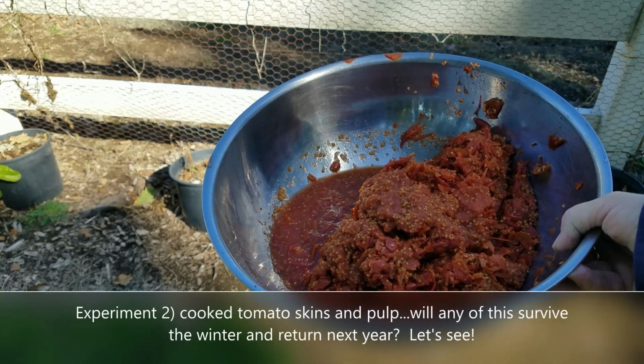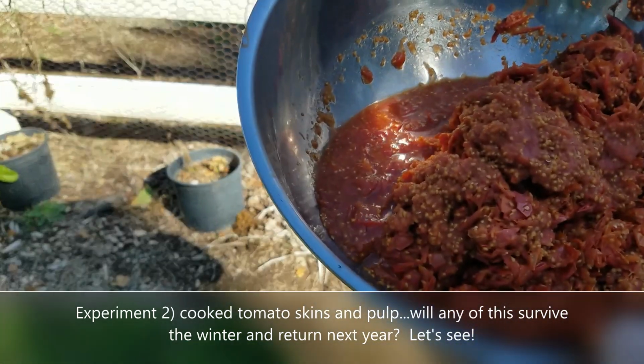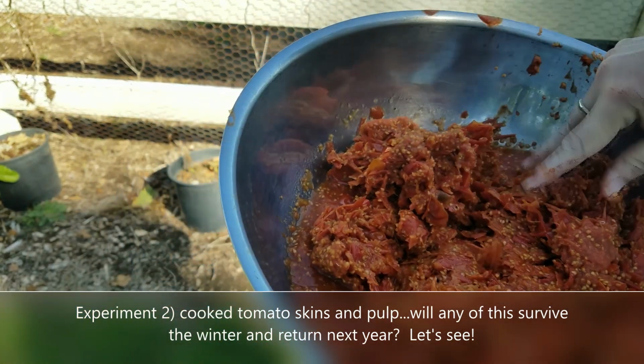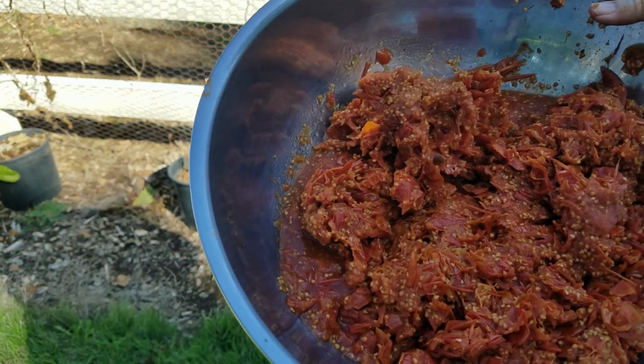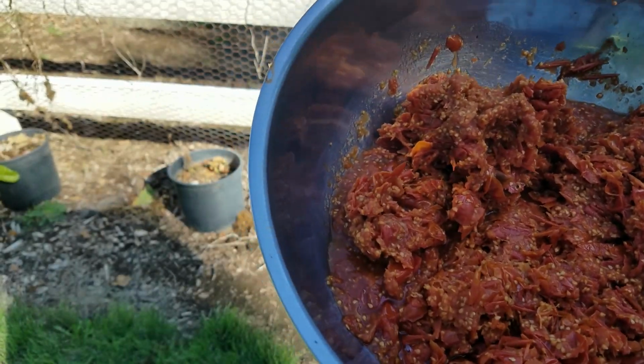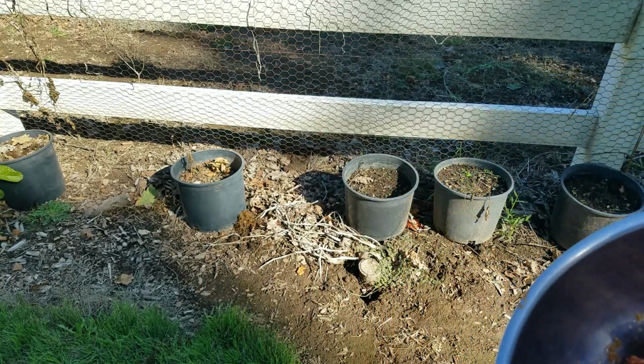Hey guys, so I just did a video on making tomato sauce, and I have all this seed and pulp left over, and I was just going to feed it to the chickens, but I've been feeding them a lot of that lately. And then I thought, what if I put these somewhere and just watched them and see if next year, after the winter, they will